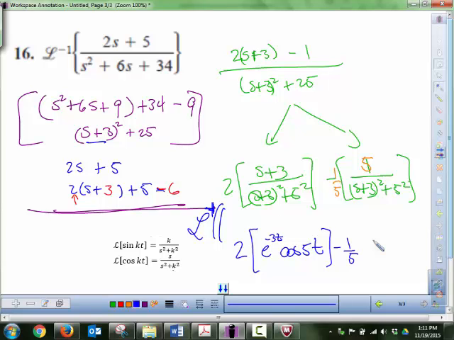Okay, and then the second one, there's a shift again, and then this time a constant, now with matching power, or matching k's. The k is equal to 5, and the k is the coefficient of the angle, so that's sine 5t. Okay? So those are the tricks that you need to learn, at least so far, with dealing with a shift